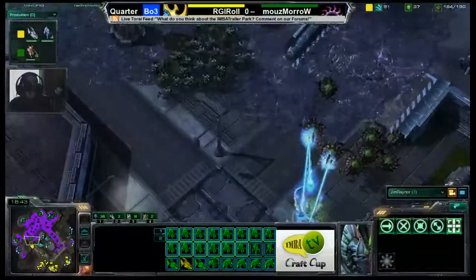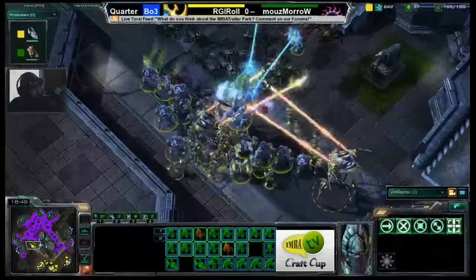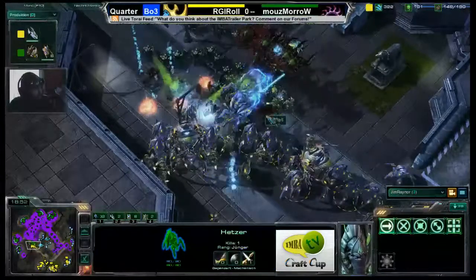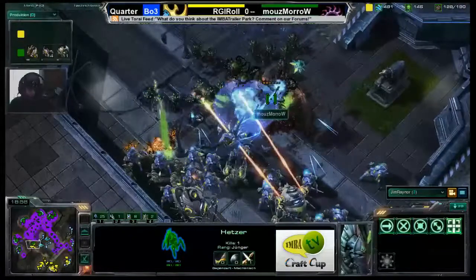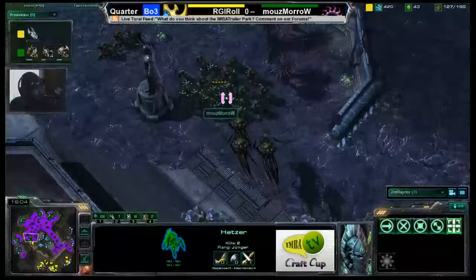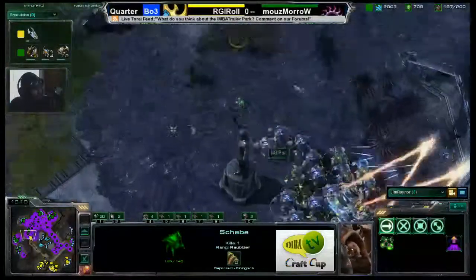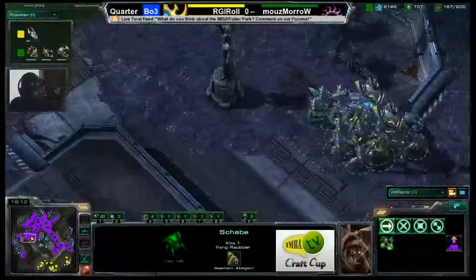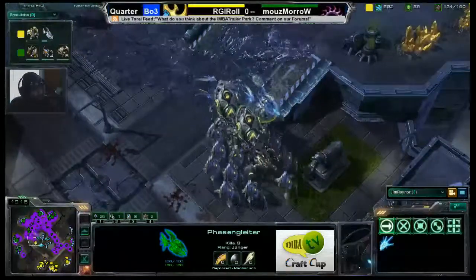And look at this mound of Protoss units here. And here's the attack. 2 Colossus, 15 Stalkers, 10 Zealots. Oh, and it looks like Roll's going to push MorroW back. On creep, it might be another story, though, as MorroW builds more units. And there is an observer in the middle of Roll's fray,